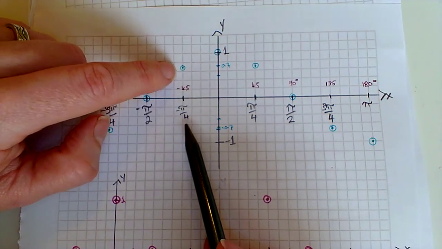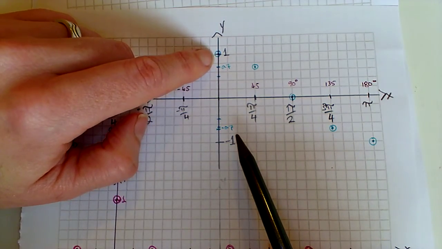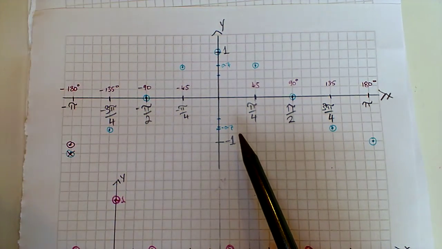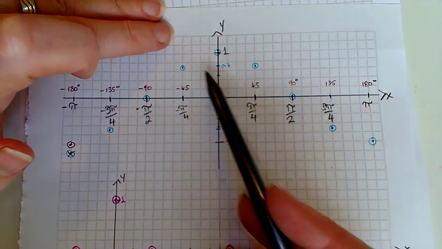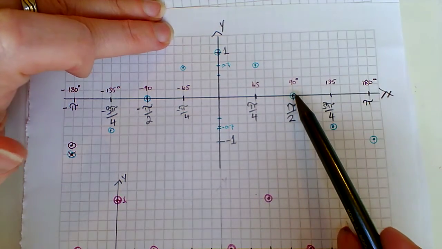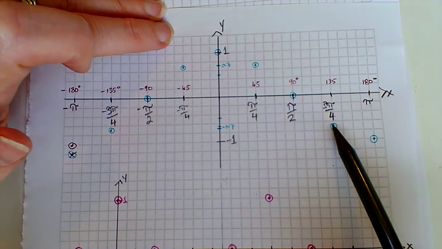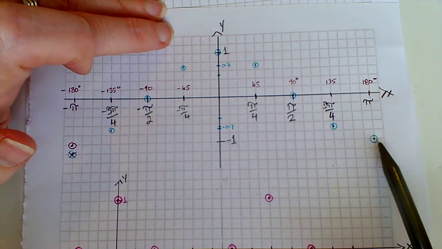Cosine of minus pi over 4 is 0.7. Cosine of 0 is 1, because cosine and sine are opposite to each other. One is the x direction and one is the y direction. And then the same thing, 45 degrees, 0.7, 90 degrees, 0, 135 degrees, minus 0.7, and 180 degrees down to